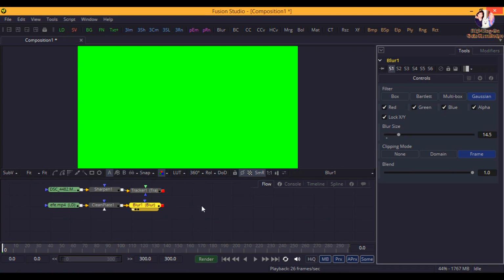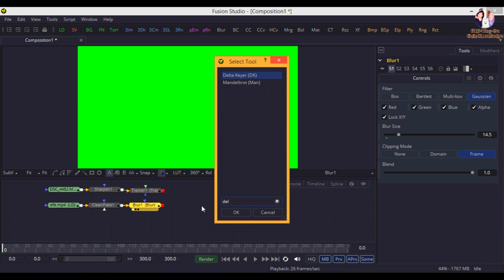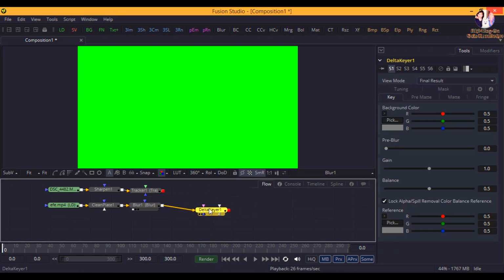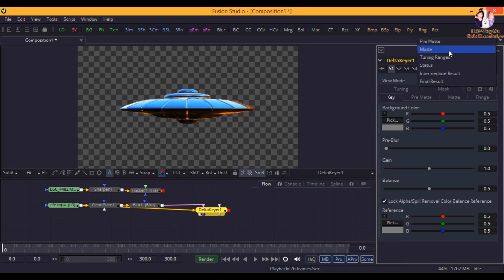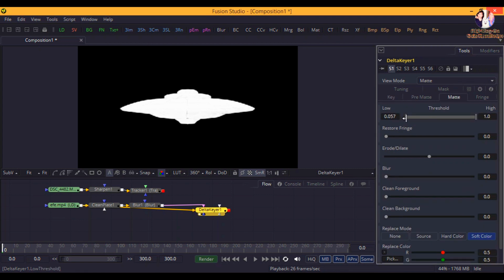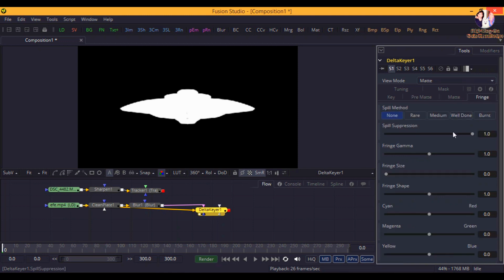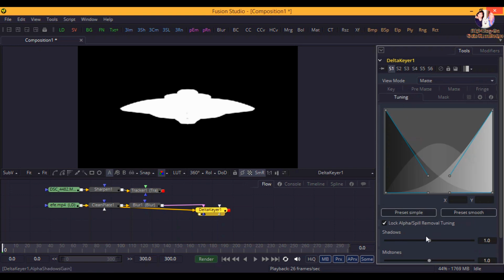And I'm going to add another node here, delta keyer, disconnect from here and connect as an input, and from blur to clean plate, and boom. And go to the matte option and change the settings a little bit from here, restore fringe, that's enough, and go fringe, well done, and tune it a little, give a little green, because we don't want to remove green